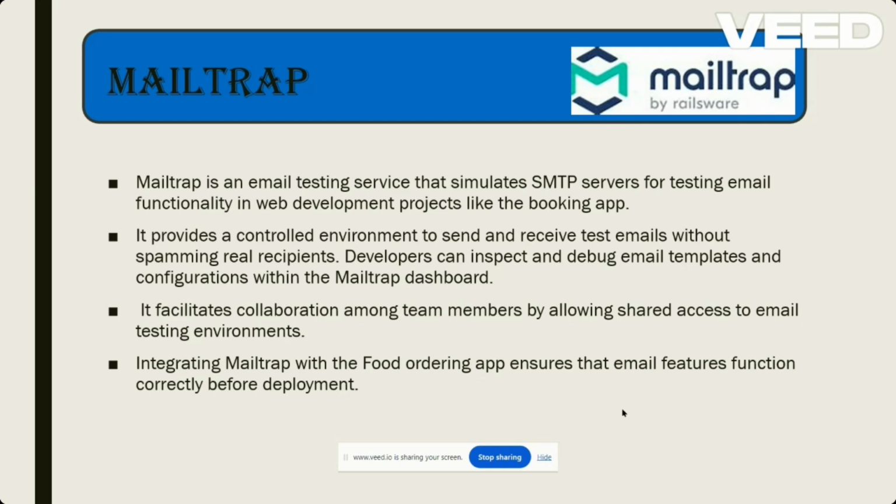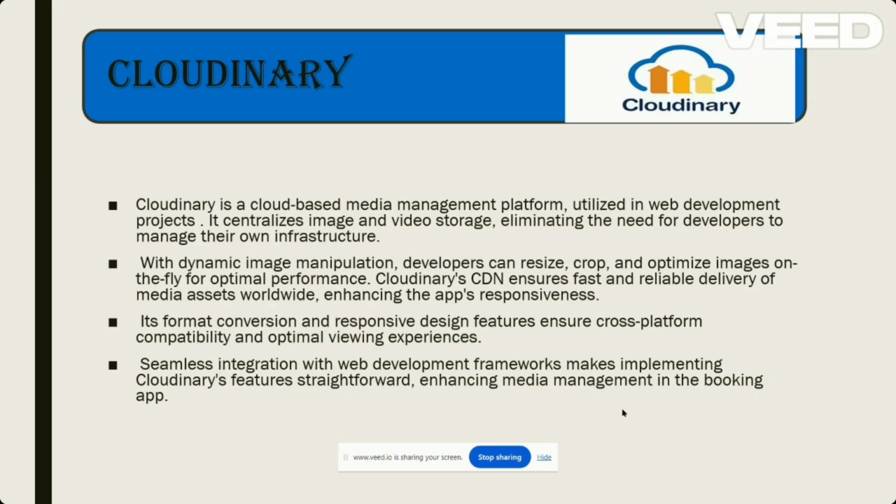It catches all of the test emails and displays them in virtual inboxes. It facilitates collaboration among team members by allowing shared access to the mail testing environment. Integrating Mailtrap with a food ordering app ensures that the email features function correctly before deployment. So next, Cloudinary. Cloudinary is a cloud-based media